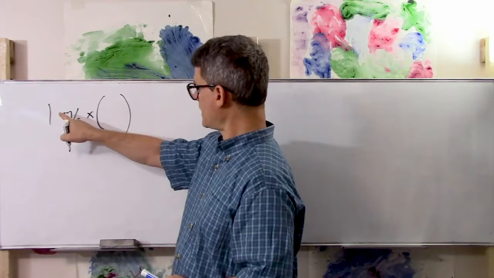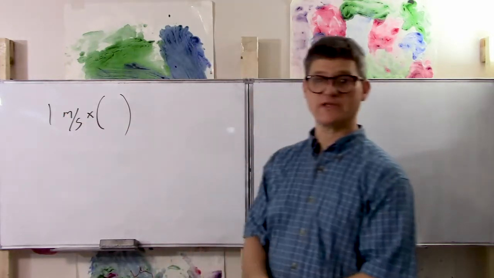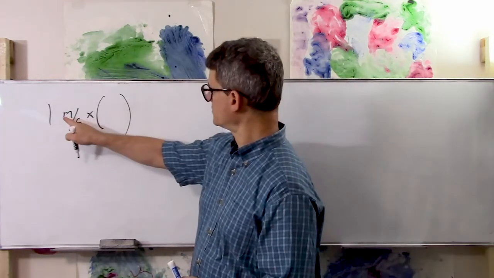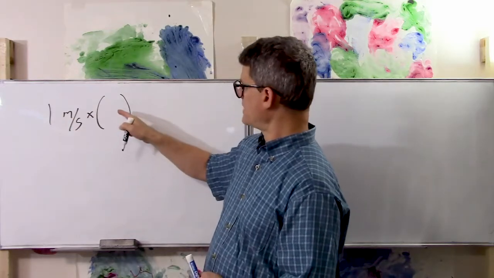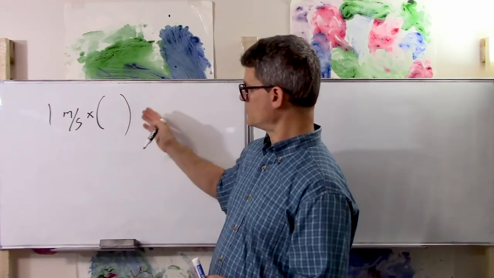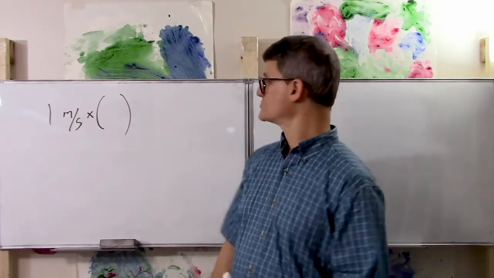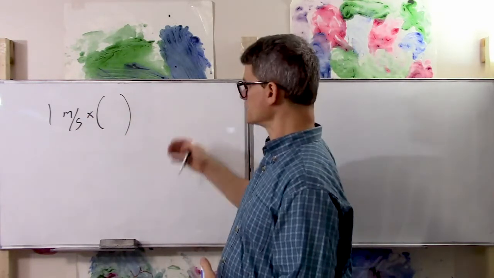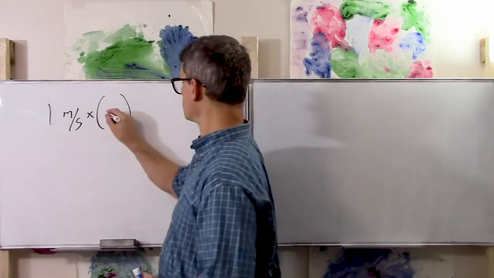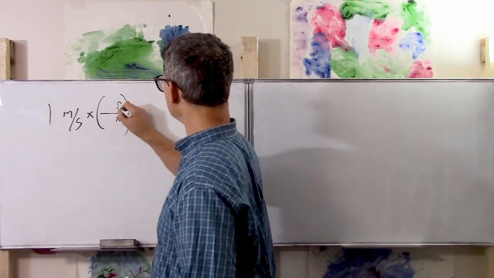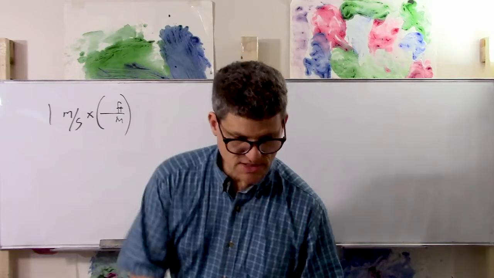Now what's going to be the strategy? We want miles on the top and hours on the bottom, so there's going to be a lot more conversion to do. So we can convert meters to feet, and then feet to miles. We know those conversions, and then of course we can do seconds to minutes and minutes to hours. So through all of that, we're going to end up with miles per hour. So first let's do meters to feet. So we want meters on the bottom, feet on the top,